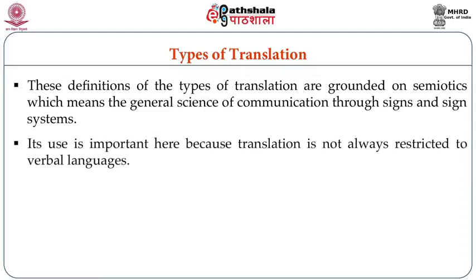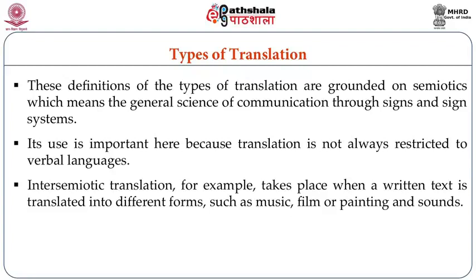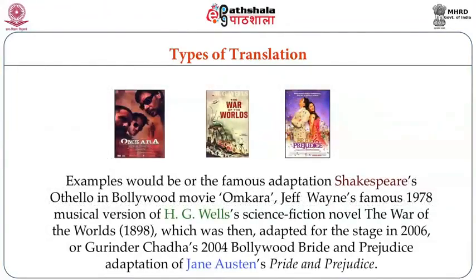Its use is important here because translation is not always restricted to verbal languages. Intersemiotic translation, for example, takes place when a written text is translated into different forms, such as music, film, painting and sounds. Examples would be the famous adaptation of Shakespeare's Othello in the Bollywood movie Omkara,